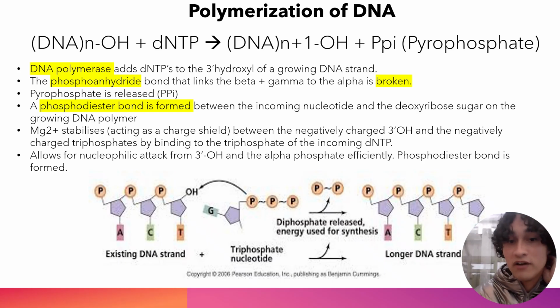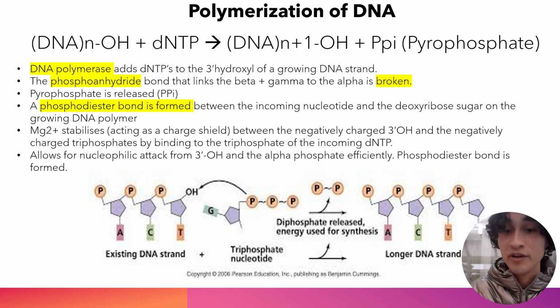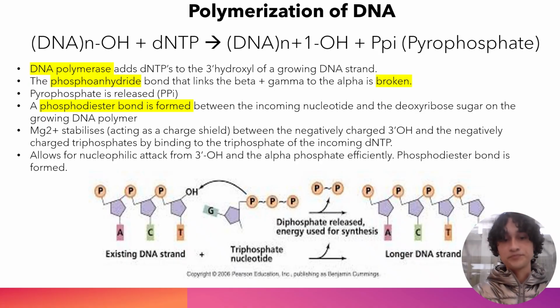So, I'm just going to walk through this diagram I've got down here, just to build a picture again and reinforce this concept. You can see here we've got a growing nucleotide polymer, and we've got our 3' hydroxyl group, and that triphosphate nucleotide, we've got our alpha, beta, and gamma respectively, but the alpha is what's going to form a phosphodiester bond with this hydroxyl group. Magnesium's there acting as a charge stabilizer and stabilizing that enzyme substrate complex with DNA polymerase,